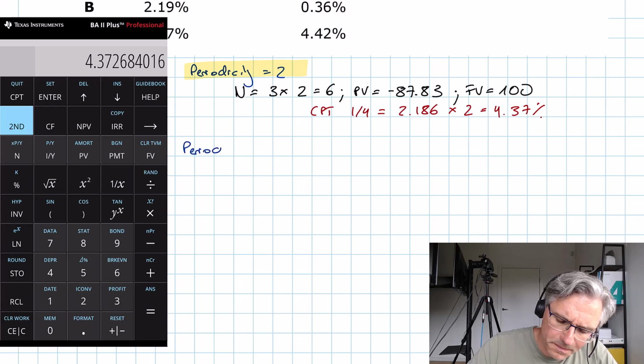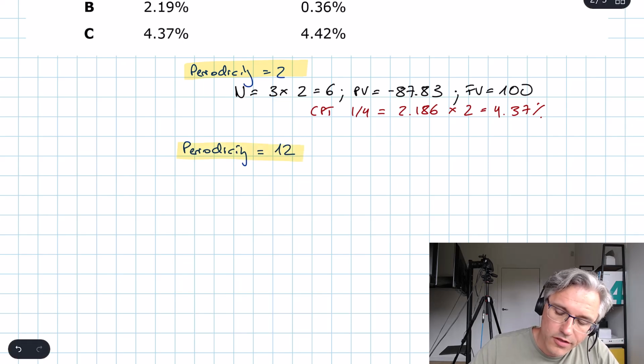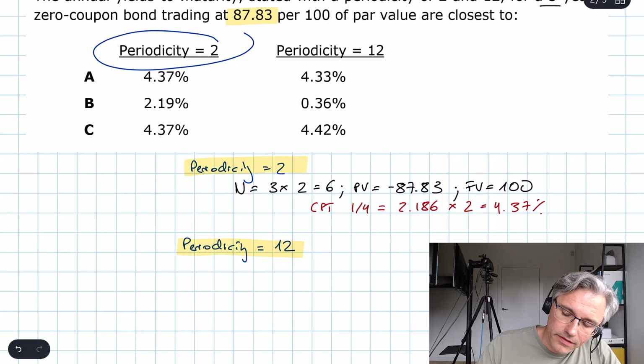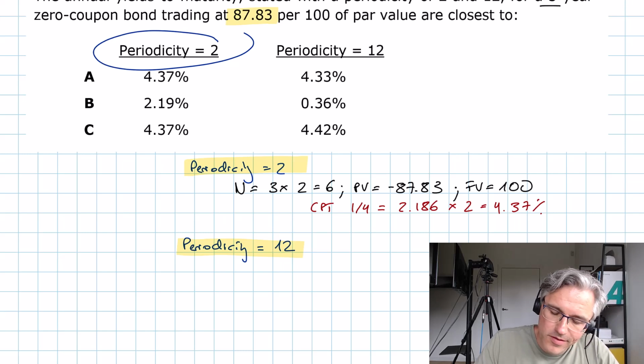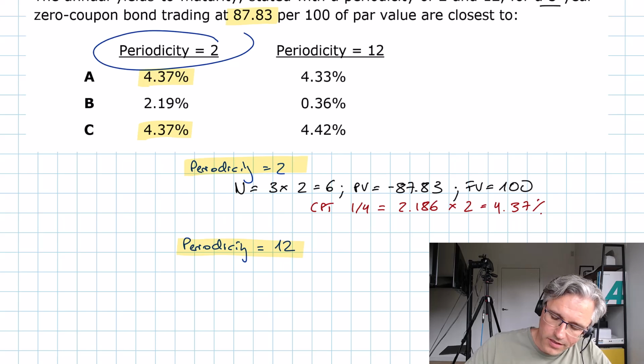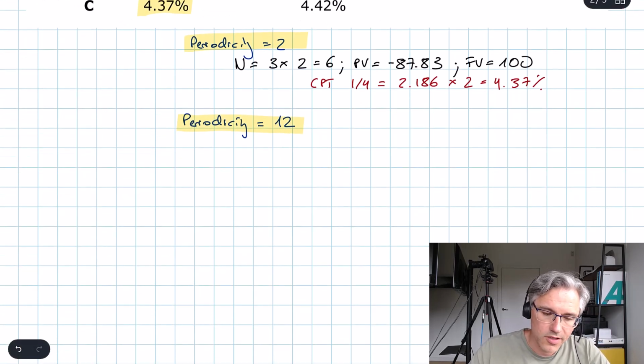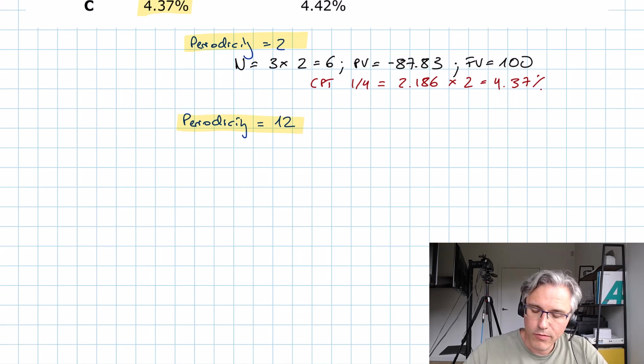Okay, let's do the same thing with a periodicity of 12. Sorry, not with a periodicity of 2, we've already done that. To be honest, the first result, 4.37, narrows the choice down to A or C, and you can tell which one is going to be the right one simply from the relationship of the numbers. But let's do this properly. It's going to be very quick on the calculator,